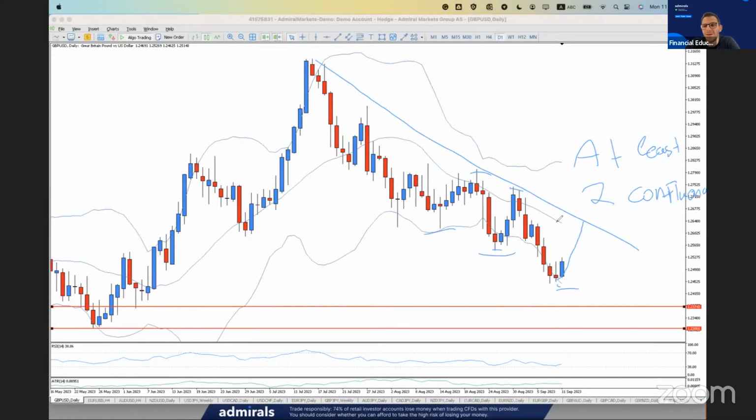Why? First, we need to see the price come to the middle of the band and then sell it, or we need the price to touch the top of the band and then sell it. But that's only the first one. The second has to be an appropriate price action setup, like this one here. Rejection at the top, rejection at the middle of the band in a downtrend, boom, bearish candle, bearish reversal, we can sell it. That was an inside candle. I don't usually trade inside candles, but other traders successfully do it. So again, price retraces back to the middle of the band, and then we wait for a price action to appear, and then we sell it.